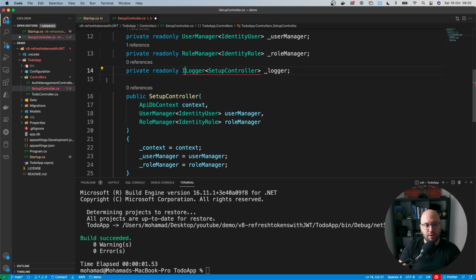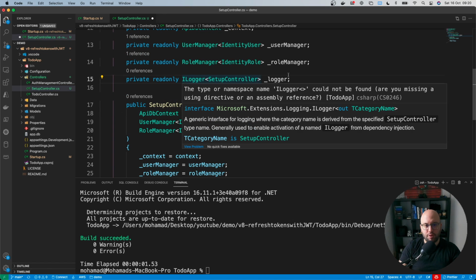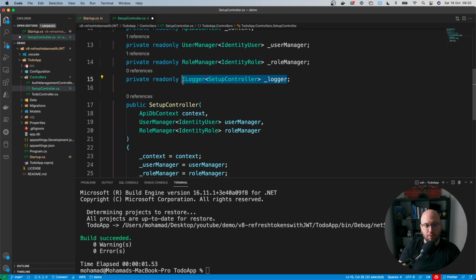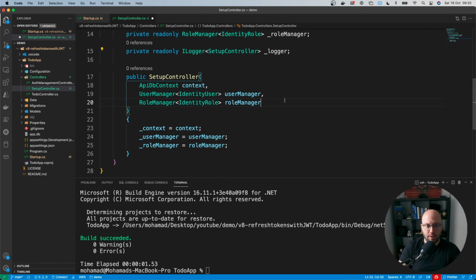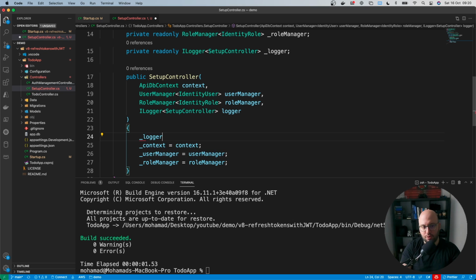Now let's fix those references, and let's copy this, and let's add this here, and this is gonna be normal logger. Okay, without the underscore I mean, and we're gonna put underscore logger equal logger. Okay, perfect. Now that we have set up the constructor for our controller, we're gonna be